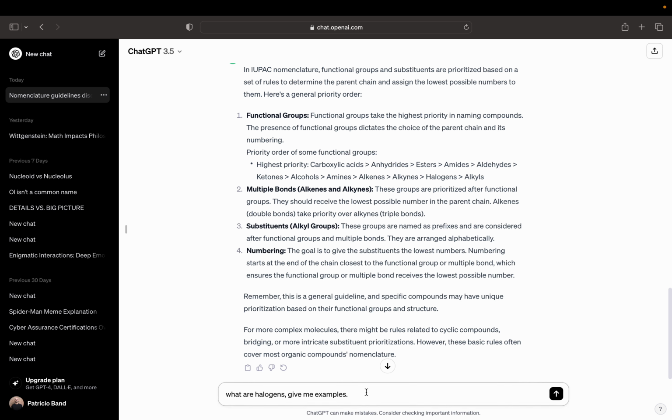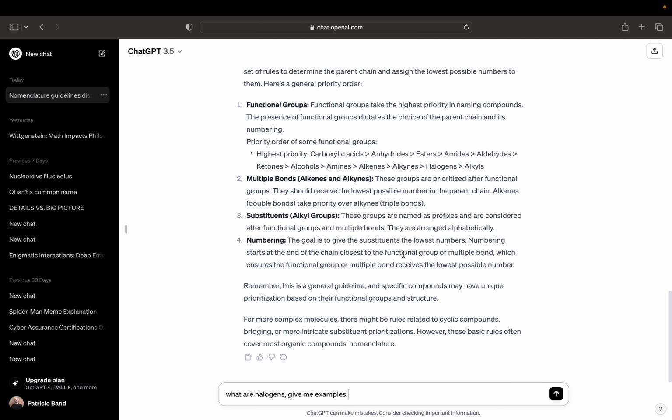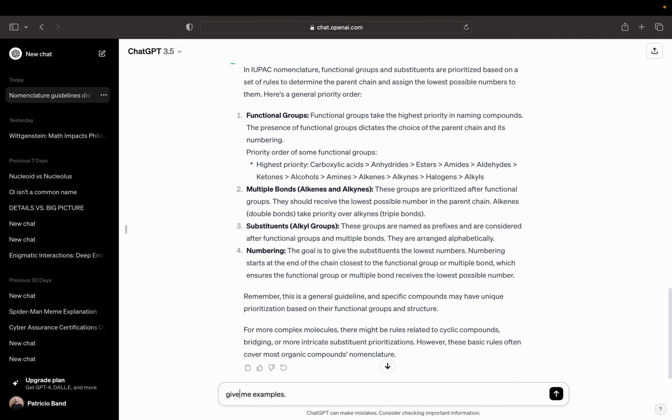And for the peptide bonds, that also happens. Give me the functional group examples for each of them. Give functional group examples with the elements for each of them in the order of priority. Again.